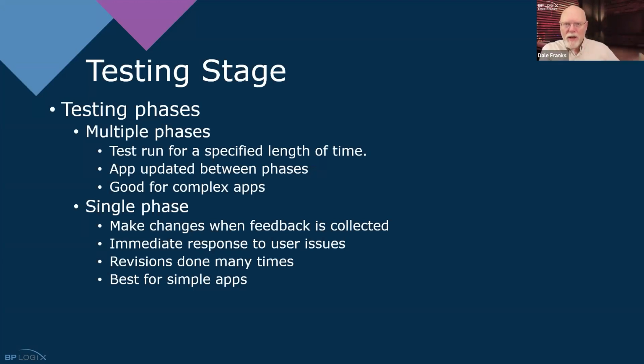So we'll have an A test, a revision of the application, a B test, another revision. If the app is simple enough, you can often get away with just doing a single phase. And this is one of the nice things about Process Director, because we can make changes sometimes really quickly and get them updated for our customer-facing apps anyway. You get feedback from the users, run back to your office, change the form, whatever, export it, re-import it into production, say, hey, I made the change you asked for, and the test just continues.